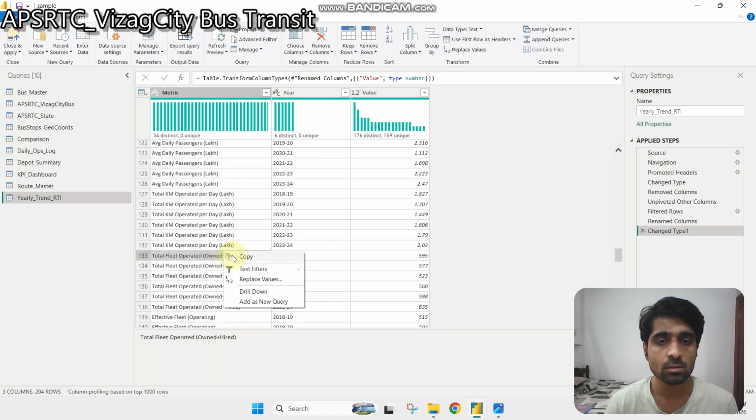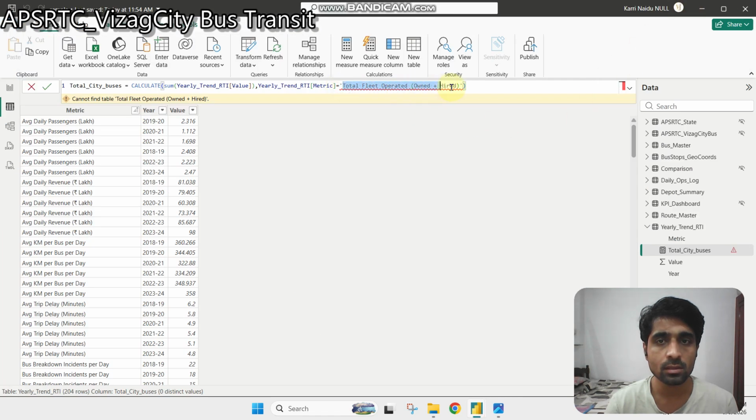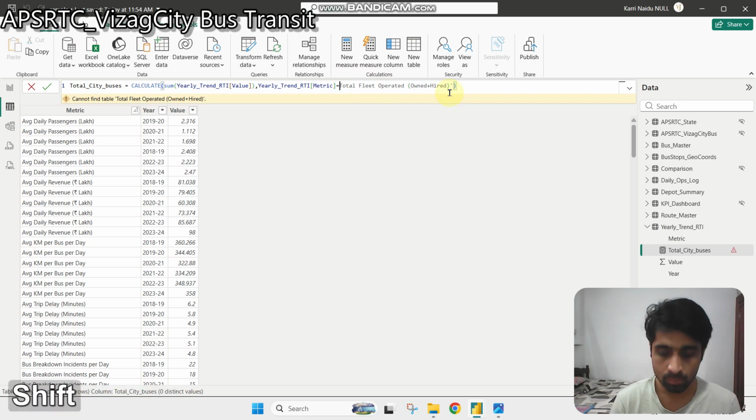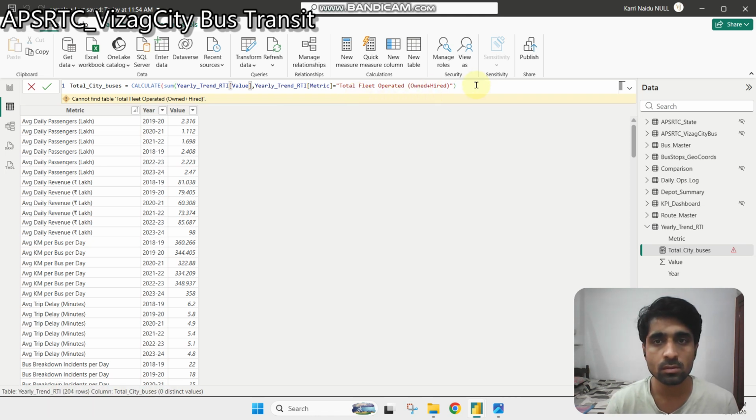Here you can see that in DAX we are unable to do it, so we are copying this and this. Yeah, we have already closed it. This is a mistake. So once we close it,